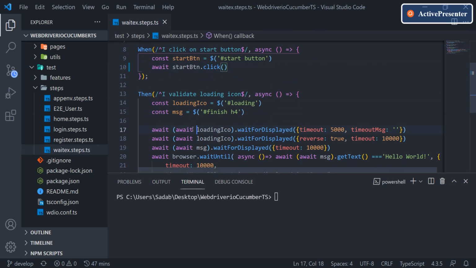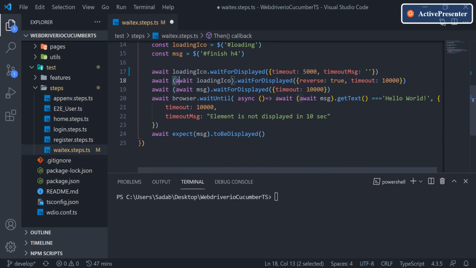So now let's change it everywhere. Wherever we have multiple awaits, just delete this, delete the bracket, delete from here, and delete from here as well.